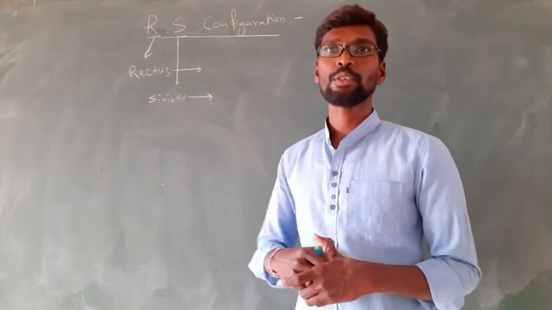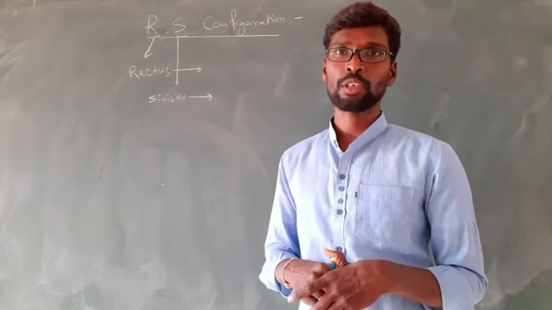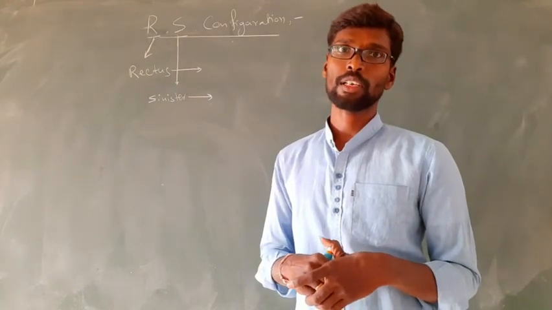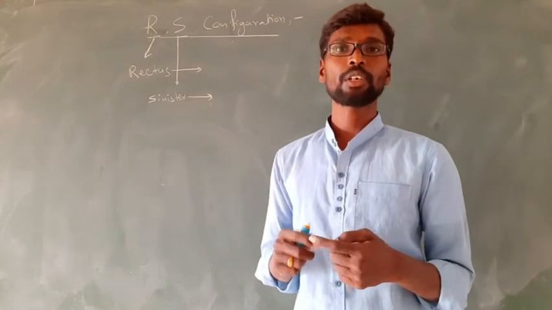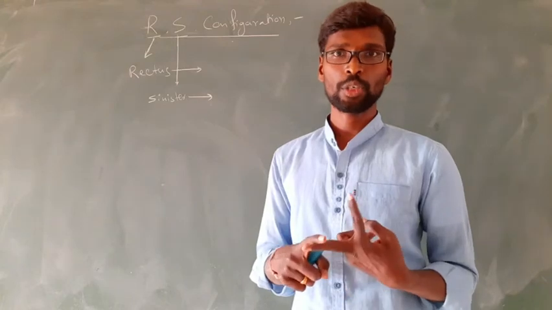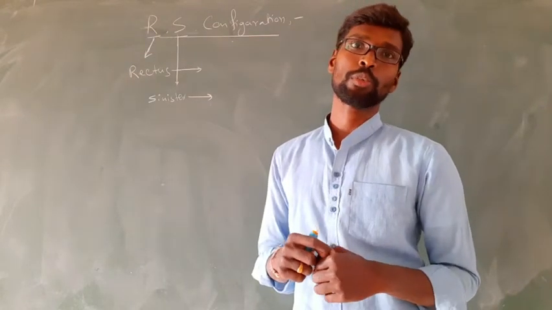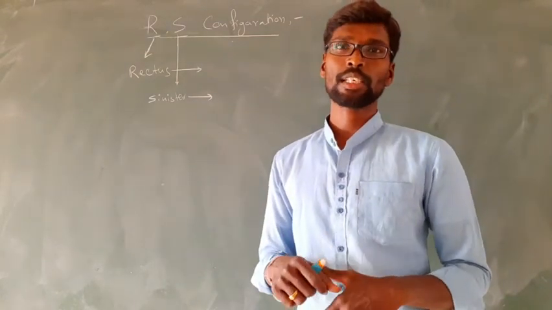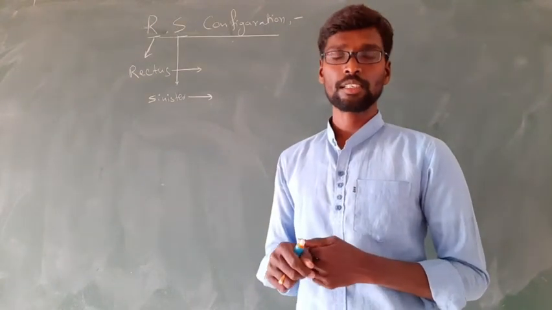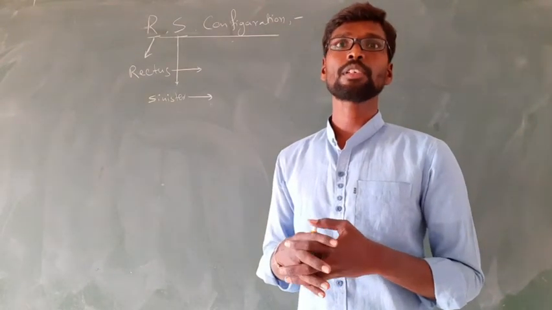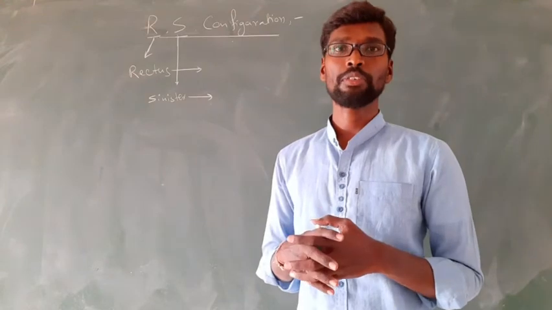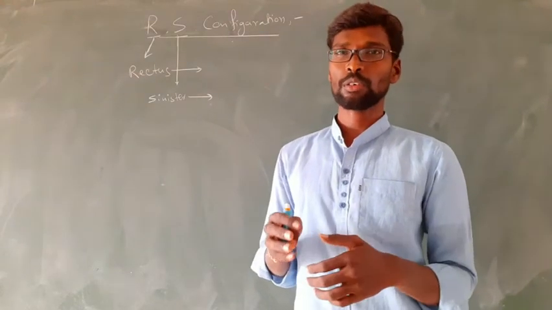Dear students, in the last video we discussed optical isomerism, right? In that we discussed enantiomerism and diastereomerism, that means enantiomers and diastereomers. And again we discussed a chiral center. A chiral center is nothing but the carbon which is bonded with four different groups. That is called a chiral center.